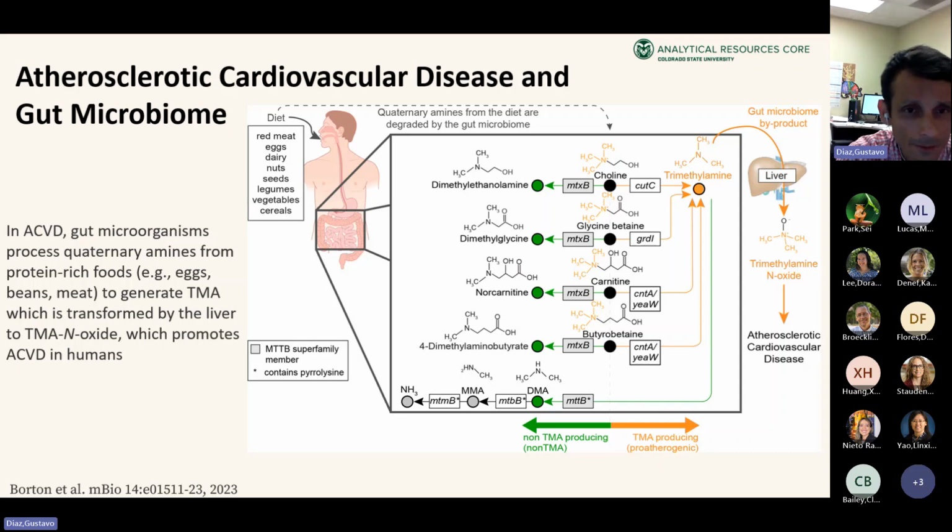So as you might see in the center, if the gut microbiome of a person is highly enriched by microorganisms with the enzymes that are able to produce TMA, we will have a proatherogenic microbiome. And on the other hand, if the organisms there are mostly producers of MttB, which is a demethylase, it is going to do a demethylation of those quaternary amines, and then we are not going to produce that much TMA, and it's going to be a protective microbiome.